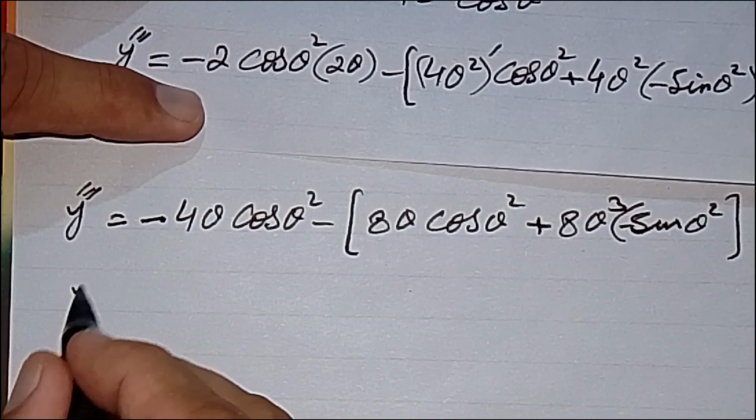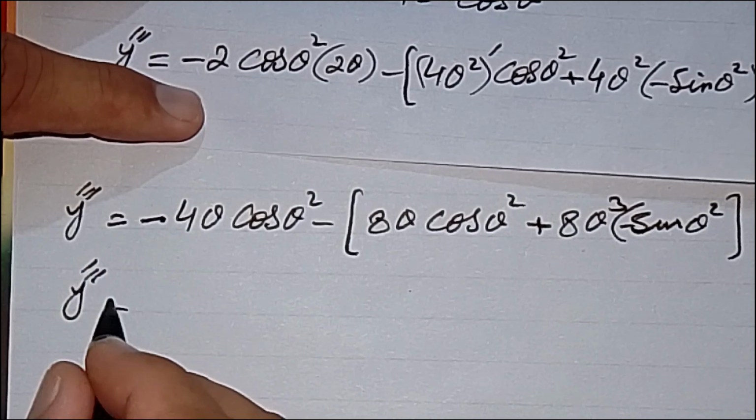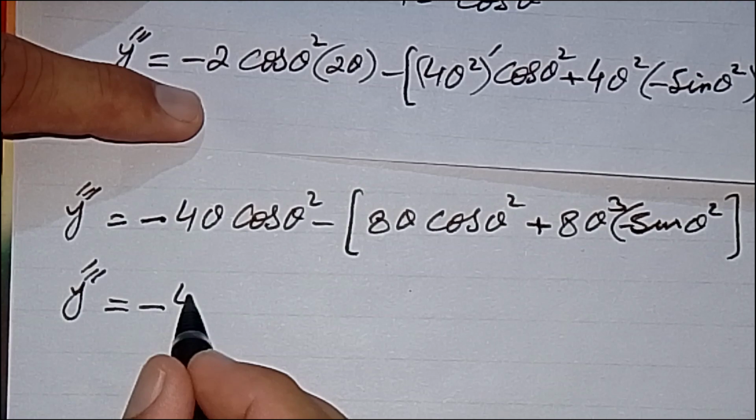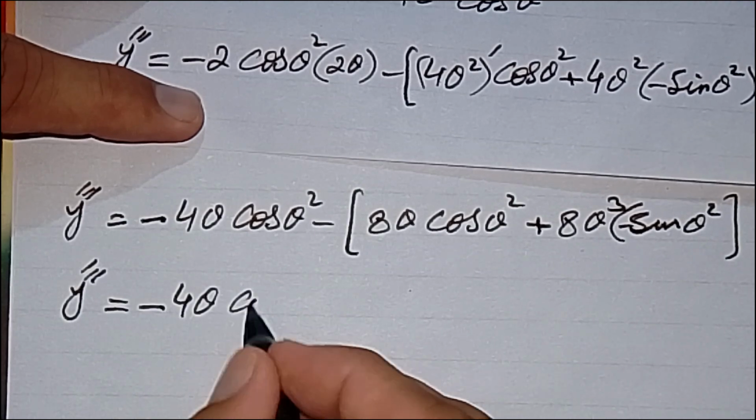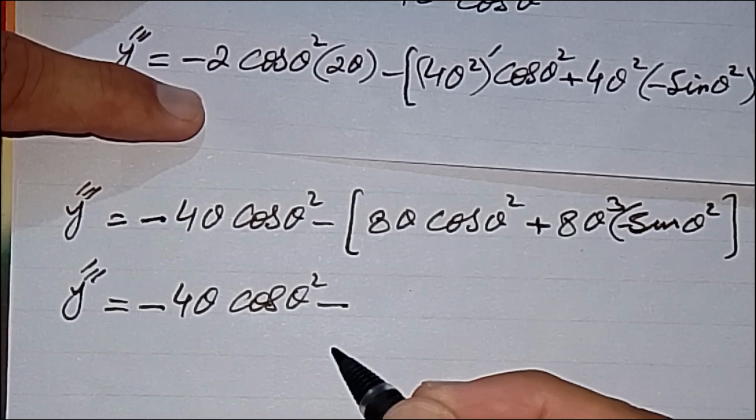Now we rearrange these three terms, equal to minus 4 theta cos theta square minus